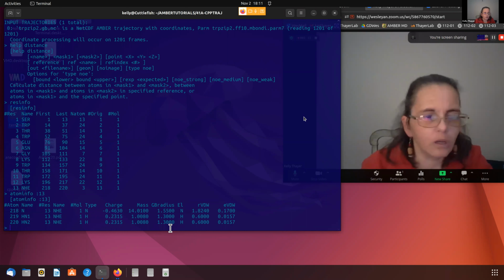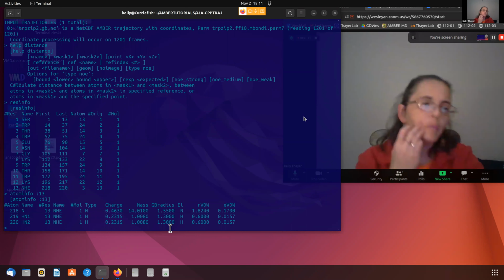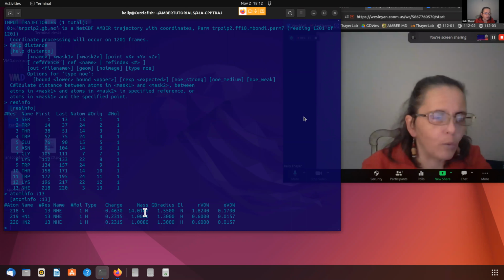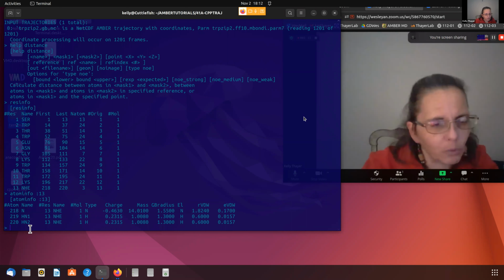So you can get quite a lot of information about your system by using this interactively and asking questions just like this to figure out what in fact is in here. Now this can be quite useful, especially if your system gets renumbered and you want to make sure you've made the correct selections. This is a really good way to verify you've picked what you think you picked. All right,